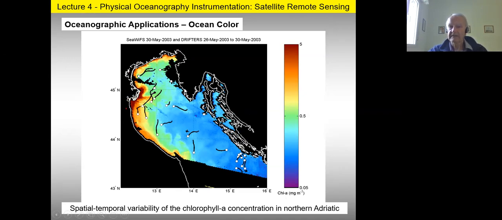can also be seen very nicely in the Adriatic, and here is a very interesting picture where there is a combination of chlorophyll concentration, which are these background colors from reddish or brownish to bluish, and superimposed on that are the drifter trajectories. What you can see is that the drifter trajectory follows